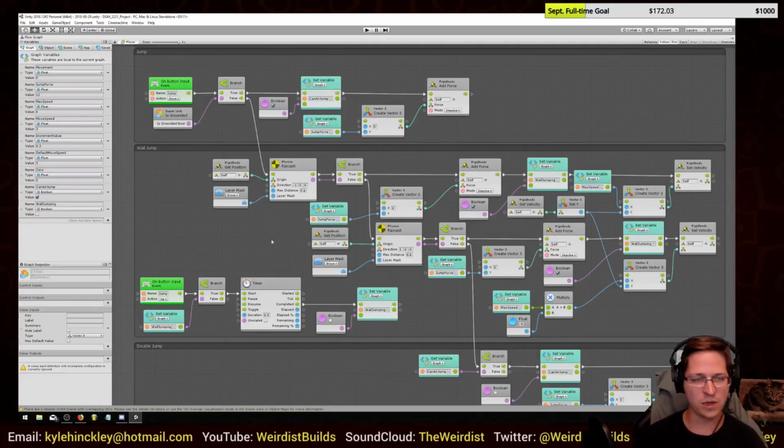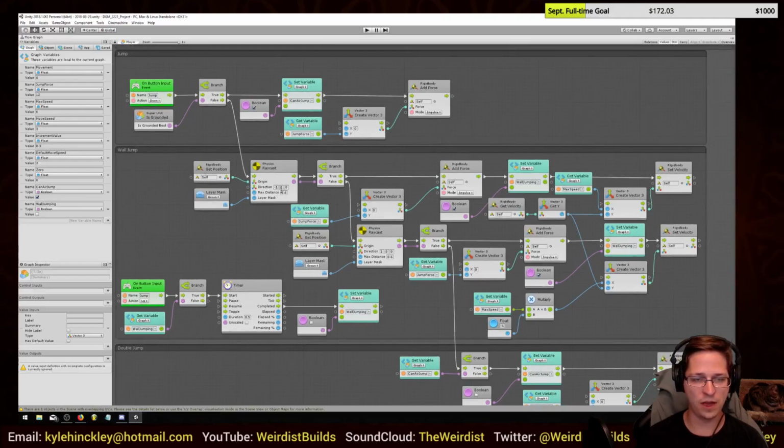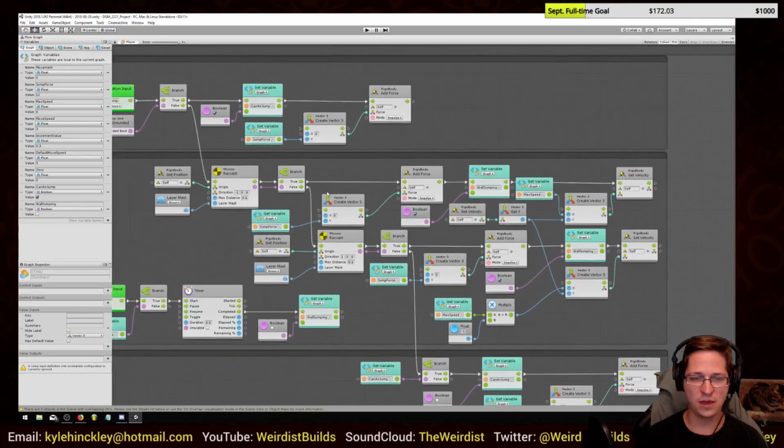The wall jump is a little bit more complicated. The way that this thing works is, after it sees that I'm not on the ground, it then checks to see if I'm touching a wall. And the first thing it does is check to see if I'm touching the left wall, or the wall on the left side. And if I am, then it has to do two things. The first thing it does is it adds the force for the jump, so that you can get vertical